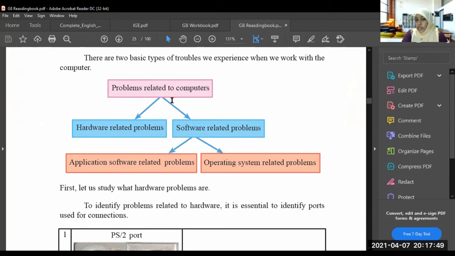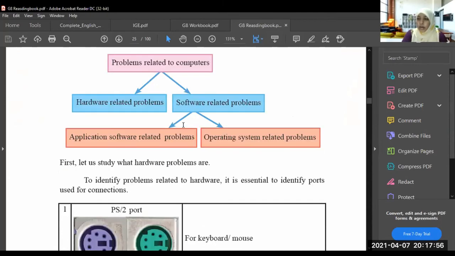So problems related to computers are of two types: hardware related problems and software related problems. The software related problems are divided into two: application software related problems and operating system related problems.